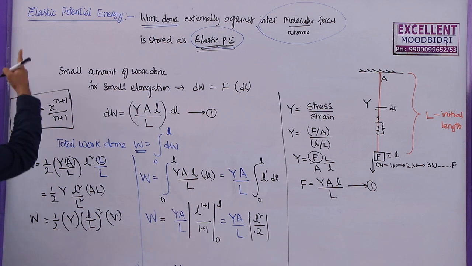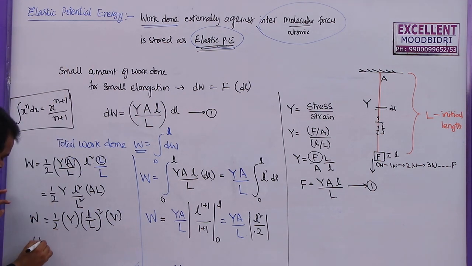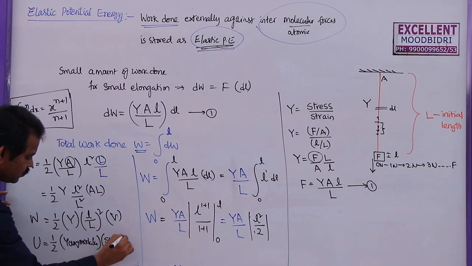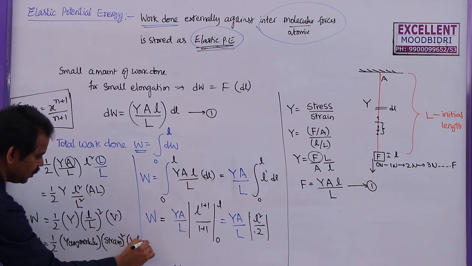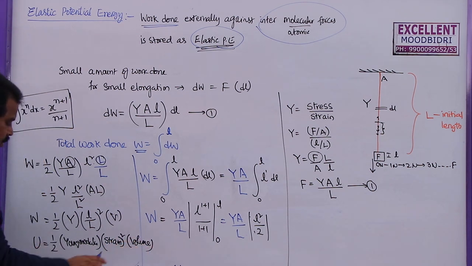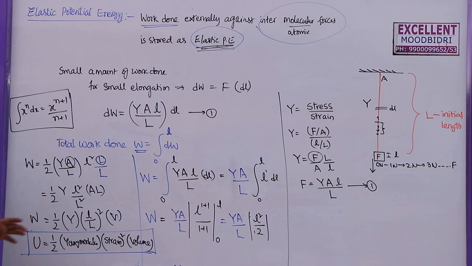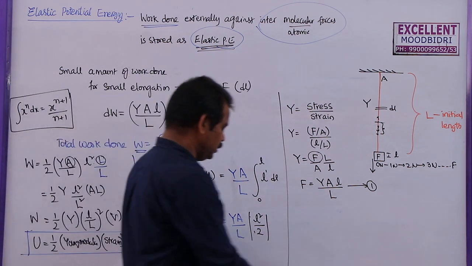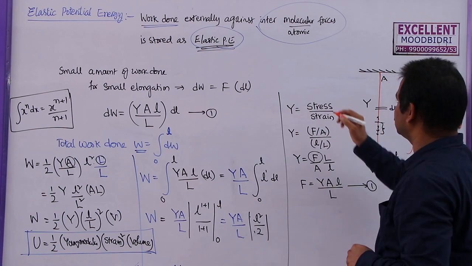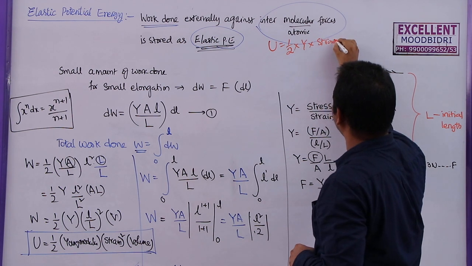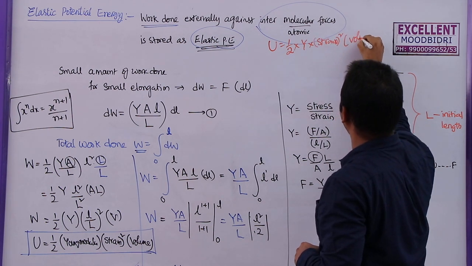So we can write that the elastic potential energy stored in a wire is given by U is equal to half into Young's modulus into change in length by original length, which is given as the strain, whole square into volume of the wire. So this is how you can write the energy stored in a wire. Now we can convert this into different forms. So the first one is energy stored U is equal to half into Y into strain square into volume.